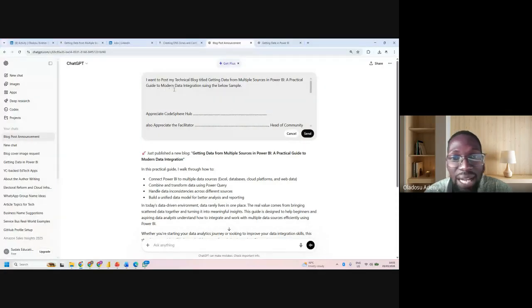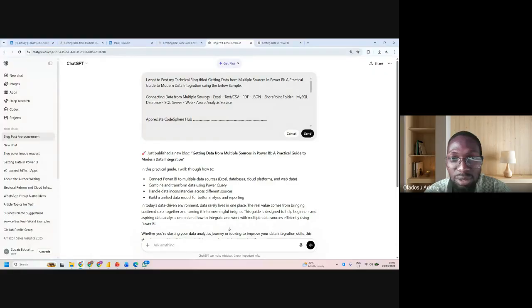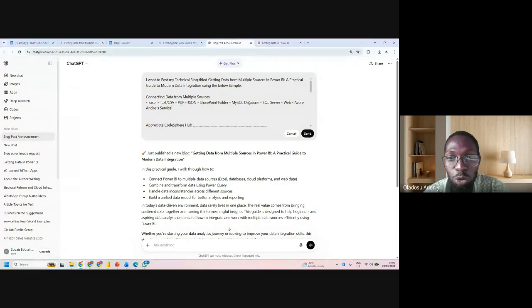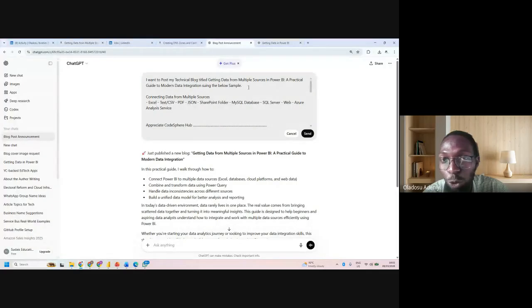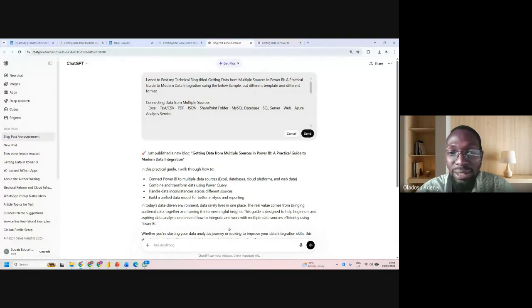A practical guide to using the below sample. Come here, then on multiple sources, Excel, text or CSV, and so you can even tell ChatGPT, using the sample below, but in different templates and different formats, right?